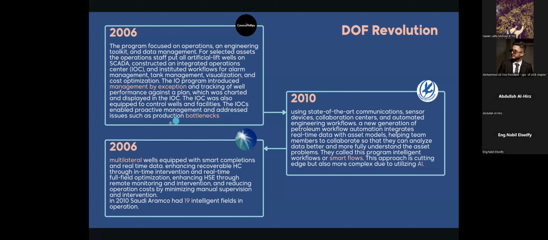And then the IOC was also equipped to control wells and facilities. The IOC enabled proactive management and addressing issues such as production bottlenecks. So one of the big challenges in the oil and gas industry is bottlenecks. So these people try to address those issues of bottlenecks